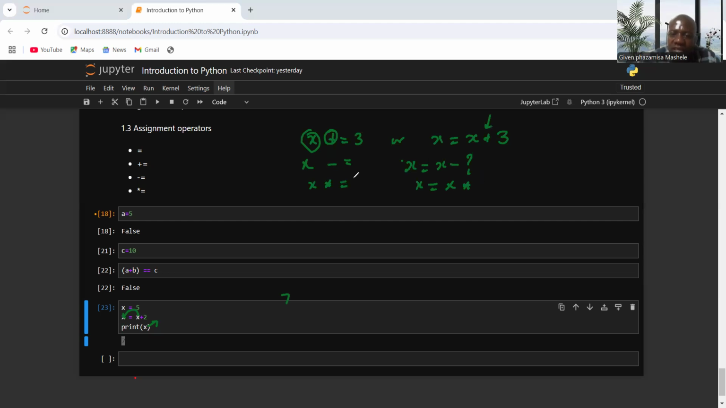So let's say here it's 3 also. It means you subtract it by 3. Here you multiply by 3. For example, let's say now instead of just doing that,